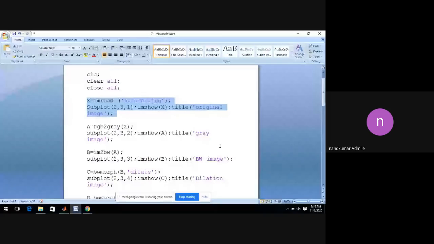Okay, so now we'll move towards the next code. So we'll understand this code step by step. So in the first step, we simply take one input image and store it into the variable x. Okay, so the input image is in the format of